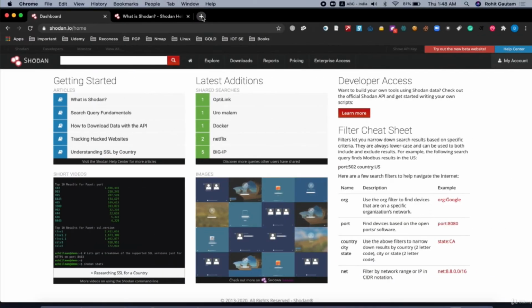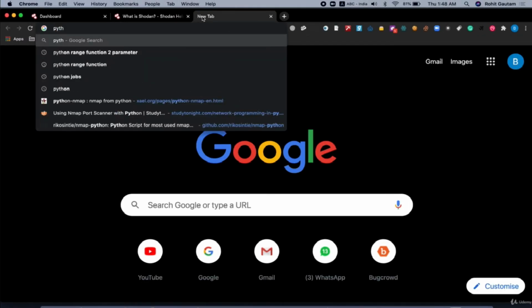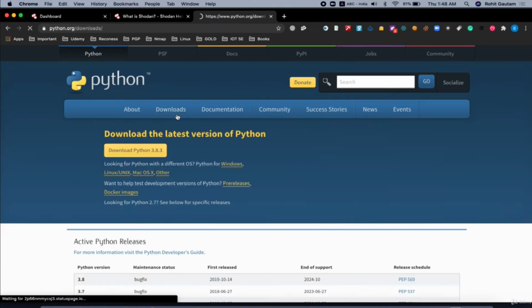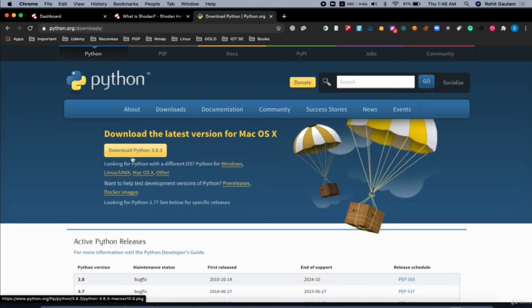In case you do not have Python, just log on to python.org. Over here, just go to downloads and you can download the latest version of Python for your system, in case you have Windows, Linux, macOS, or any other distribution.